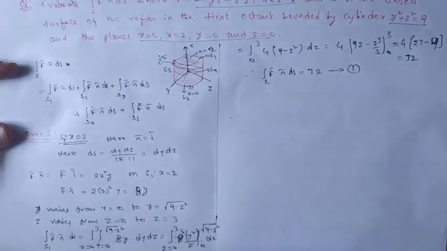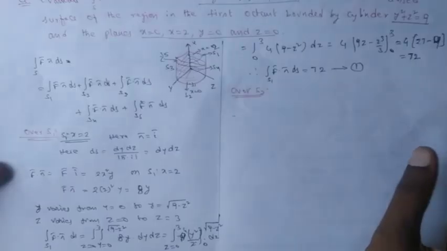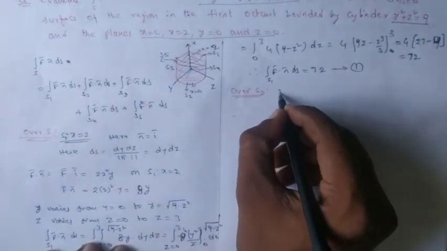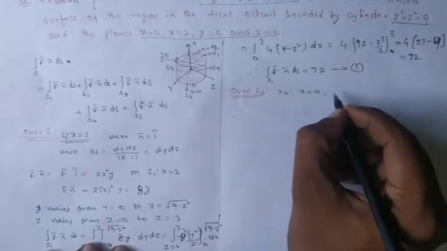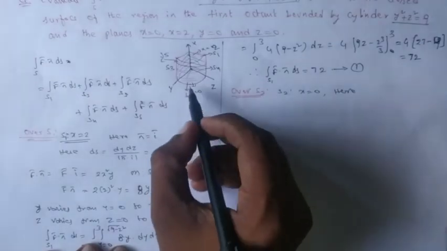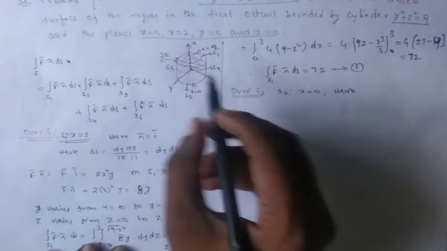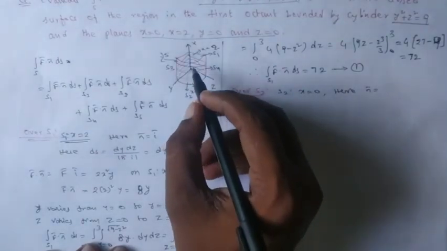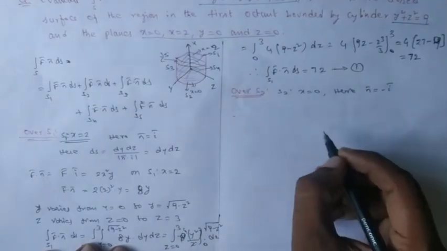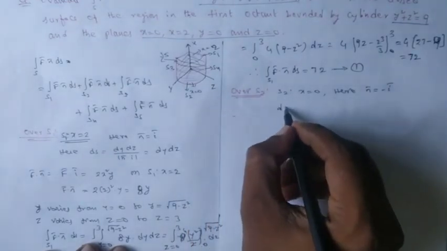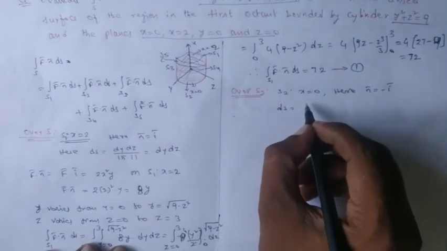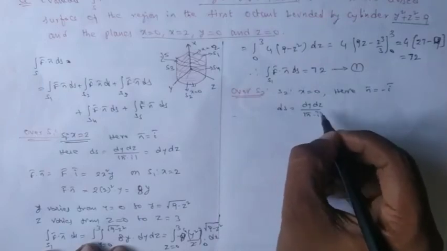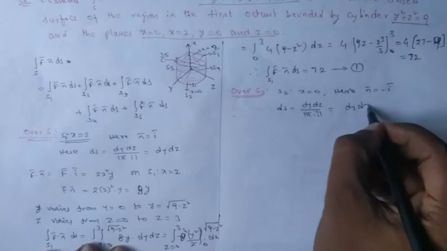Similarly, I can take onto the other surfaces also. Over the surface S2, that surface S2 is x equal to 0. When you observe this is our S2 surface, then the outward drawn unit normal of the surface is away from the x-axis, so negative side of x-axis, so it is minus i bar, isn't it? And ds, it is on the yz plane, so it is dy dz, you may take modulus of n bar dot i bar, it gives us dy dz.